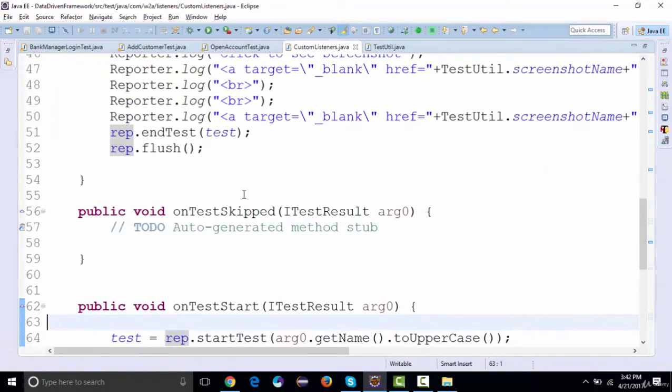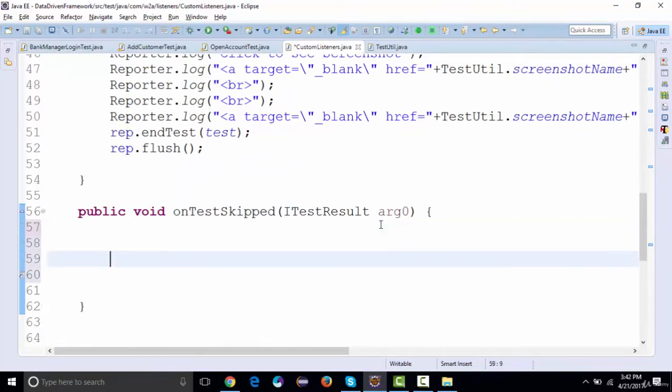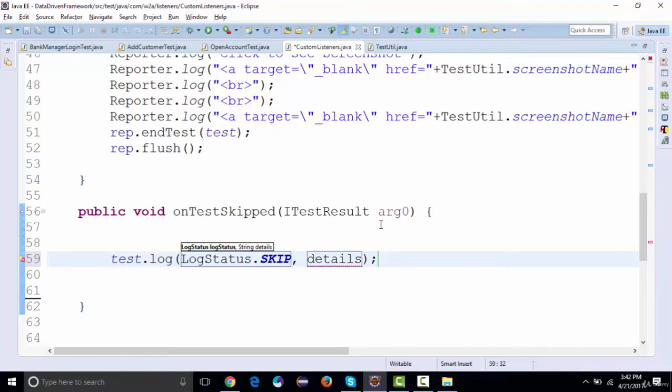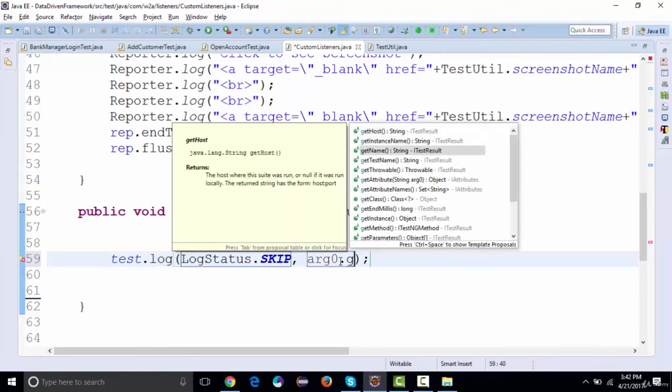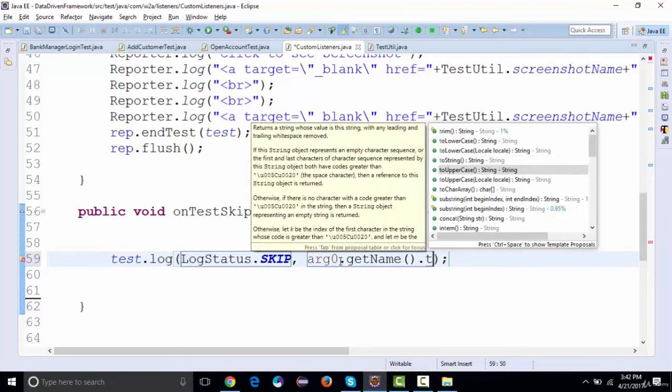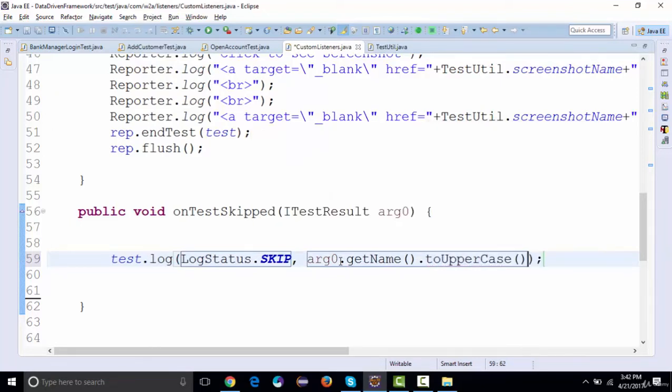So the very first thing, we'll go inside on test skip, and what we're going to write over here, we're going to say test dot log, right? Logs test status dot skip, right? We're going to skip the test over here, and we're going to say this dot get name. So this is the message. We're going to say to uppercase, and then we're going to concatenate. We'll say skipped